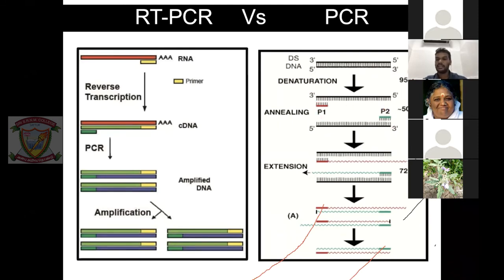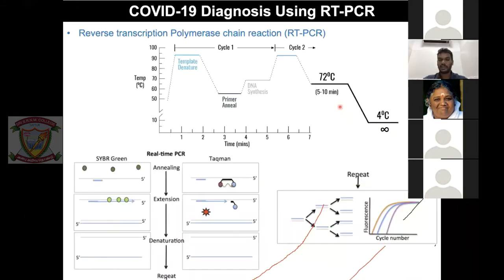Basically, you heat at 95 degrees, and this becomes single strand. DNA synthesis needs it to be single stranded. So this is called a denaturation process. You make it into two individual single strands. Then there is something called annealing. You cool to 50 degrees. The temperature lowering is not good enough to form double strand again, but it is good enough for the primer to bind. So now the primer is bound. Now you have the polymerase already, and it will just go on to do the DNA synthesis. It's going to synthesize several copies, and you will get multiple copies.